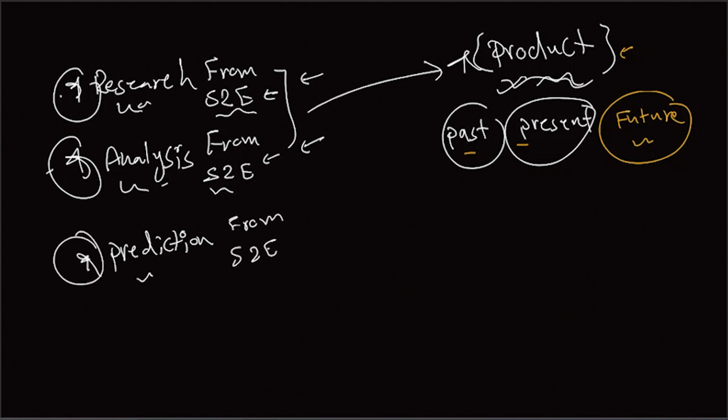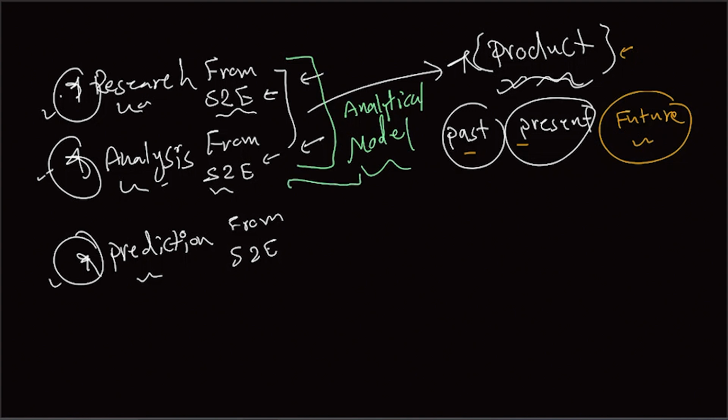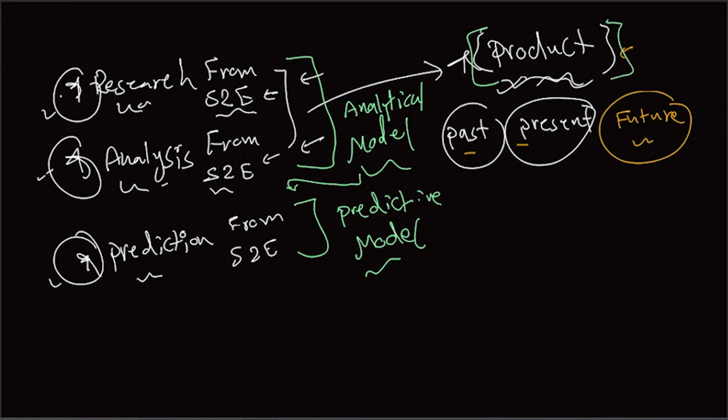So in prediction, to put it in future terminology, it is an educated guess with a probable outcome from the future. Now, these two steps, in technical terminology, I would say the outcome of these is going to be kind of an analytical model. And once this analytical model is ready, I can actually use it as an input to another kind of process to have this prediction applied. Then you have a predictive model.